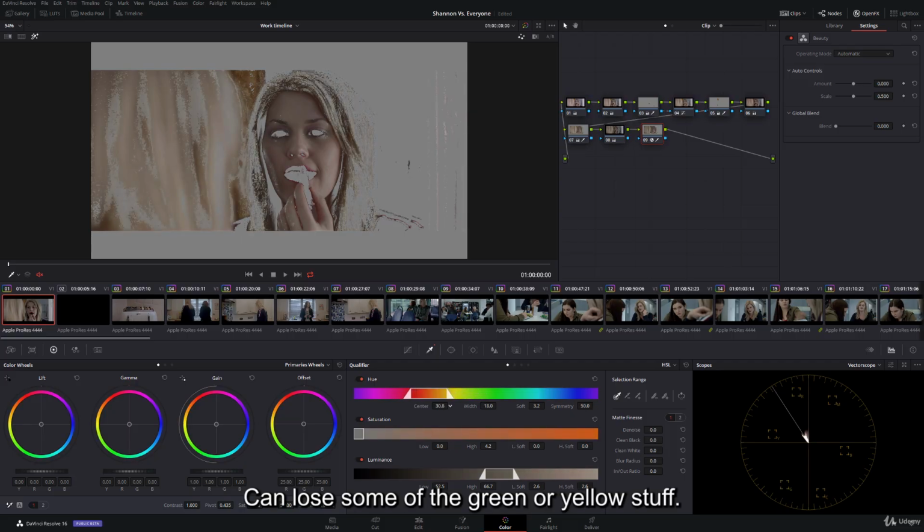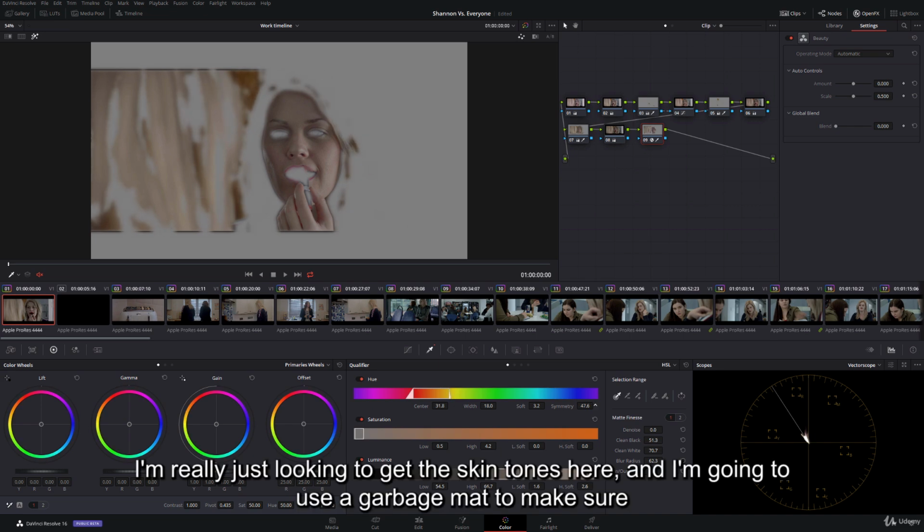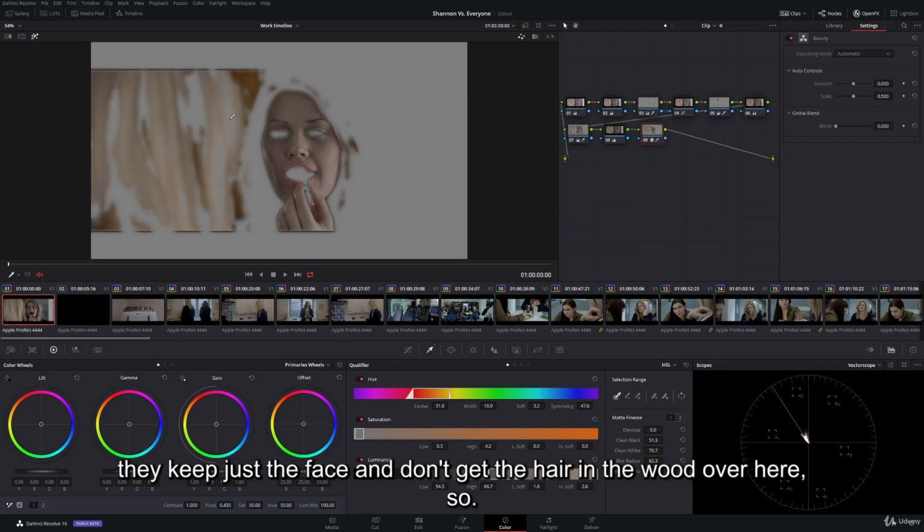Can lose some of the greener, yellower stuff. And I'm really just looking to get the skin tones here, and I'm going to use a garbage matte to make sure that I keep just the face and don't get the hair and the wood over here. So